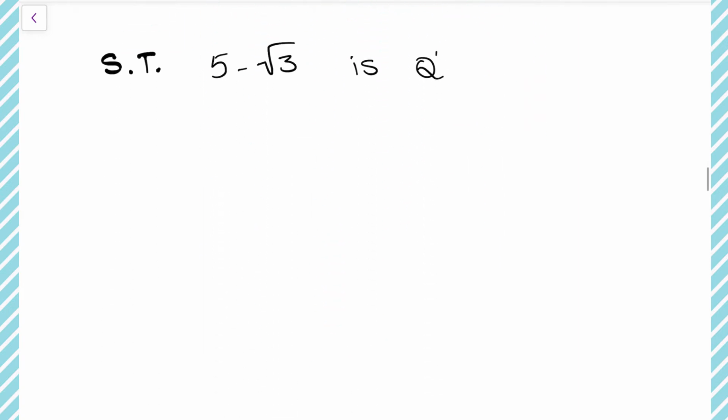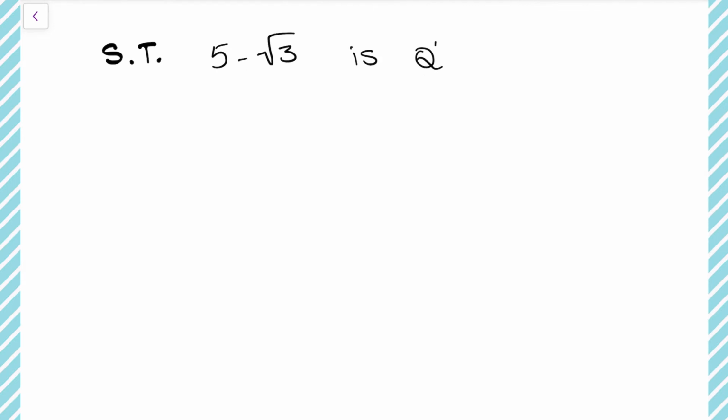Let's check the next question then. Okay, again this is one of the very important questions in the exam. Show that 5 minus root 3 is an irrational number. So for example,